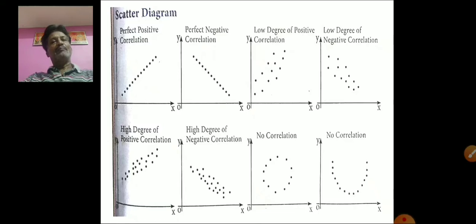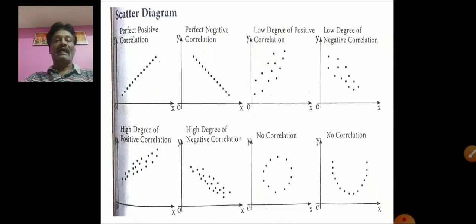Now suppose we are plotting the points. We are not getting a straight line, but the plotted points come very close together, and that too from the lower left-hand corner to the top right-hand corner, and the values are very close to each other. At that time, we say the given variables are highly correlated, and that too, the given variables have a positive relationship and a high degree of correlation.